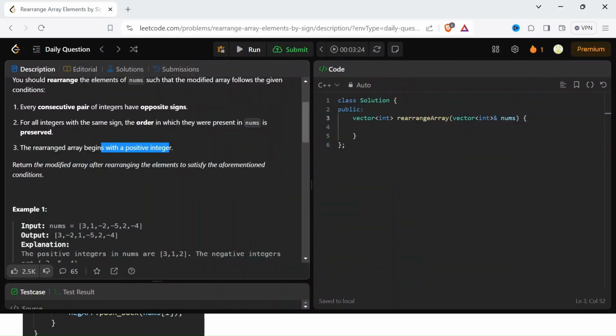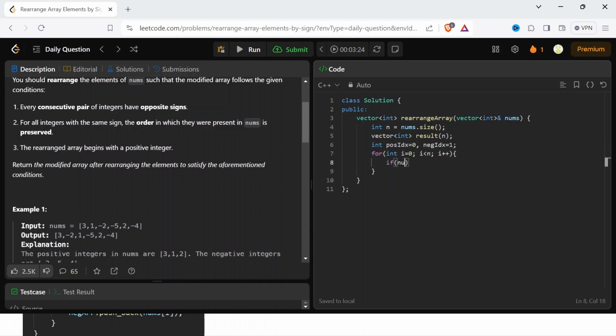Okay, so now let's try to code this approach so that you will get a better idea. First of all, I will store the size of nums in n. Now I will create another vector, result, with size n, and I will initialize two pointers, positive index pointer with 0 and negative index pointer with 1. Now I will start iterating in that array, and if the integer is positive, I will simply insert it at the positive index,